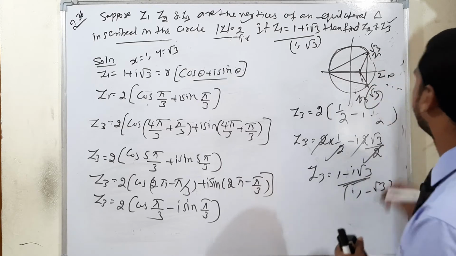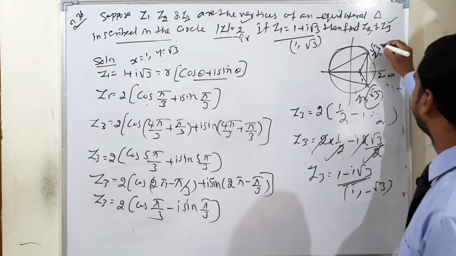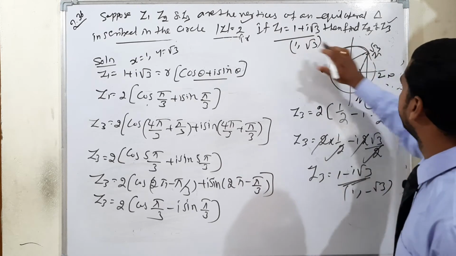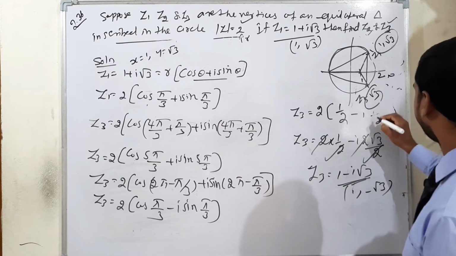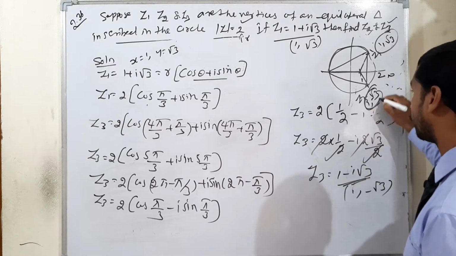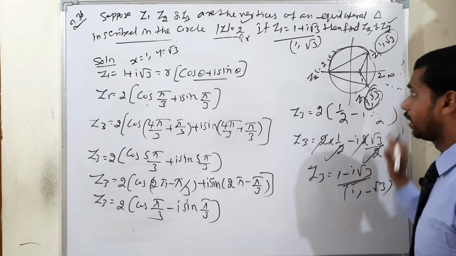See, this is called an equilateral triangle now. Each and every side will be equal. This is our final term. Therefore, Z1 we found already from the given condition. Z1 is equal to the coordinate point 1 comma root 3. Z3 we found is 1 comma minus root 3. But Z2 we already know is minus 2 comma 0. That's all. This is our final term.